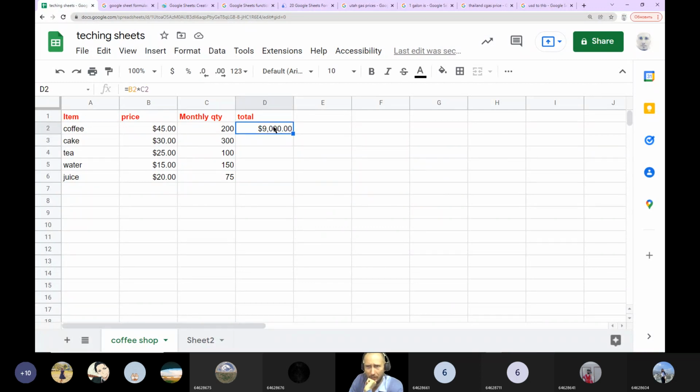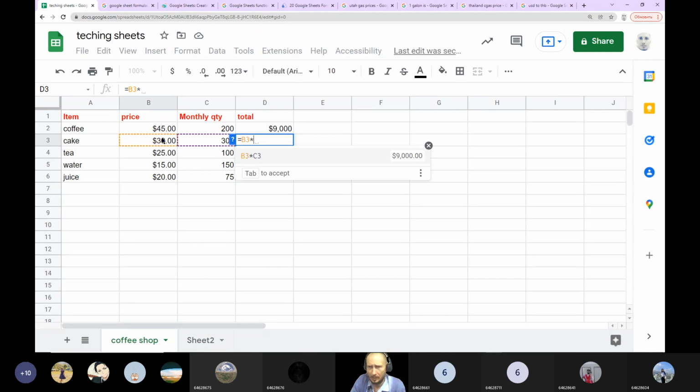So if you click on cell D2, cell D2 is made up of B2 multiplied by C2. So 45 multiplied by 200 means 9,000. Okay, 9,000 baht. It's trying to put cents or satang, but we don't want it, so we will tell it to round. Okay, this thing decreases decimal places. Okay, 9,000. Then we do